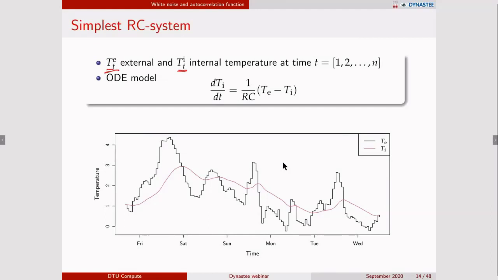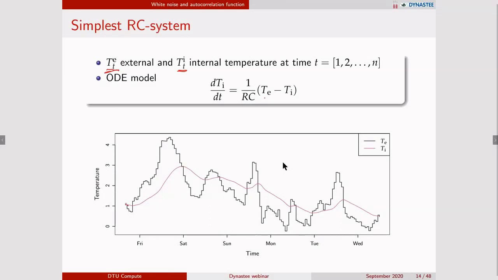So the change of the internal temperature as a function of the internal temperature and the external temperature looks like this. This is a first order system, and it's basically what we call a low pass filter. So when we actually simulate this, the black line here is the external temperature, and there will be some inertia in the system. So the internal temperature will be sort of a smooth low pass filtered version of this external temperature. So simulating this, with the external temperature starting and the internal temperature starting here,